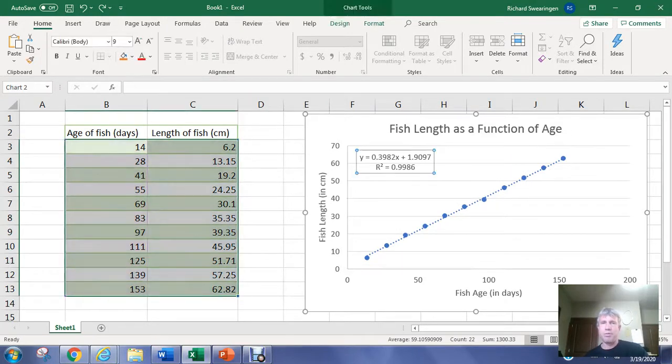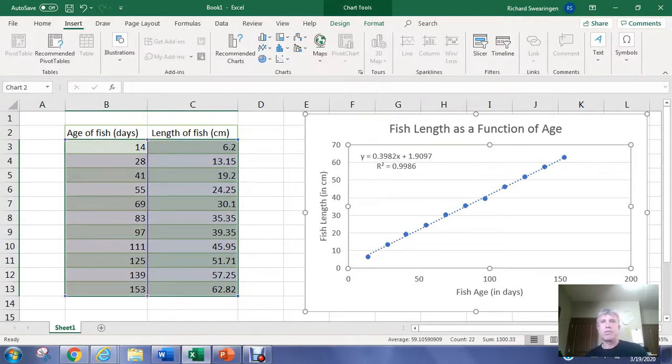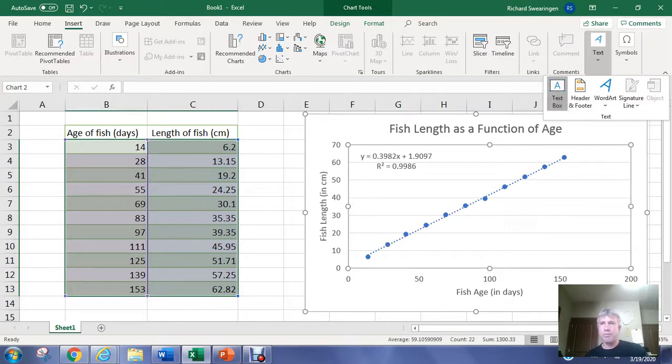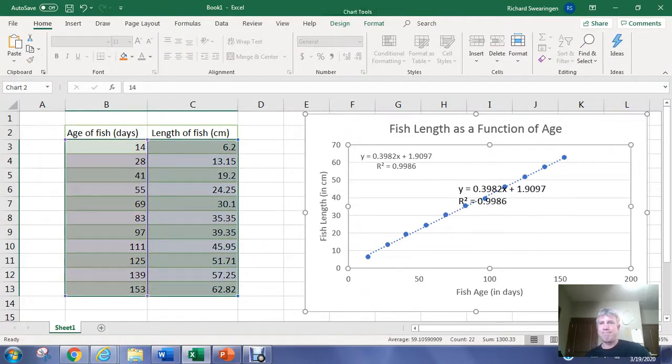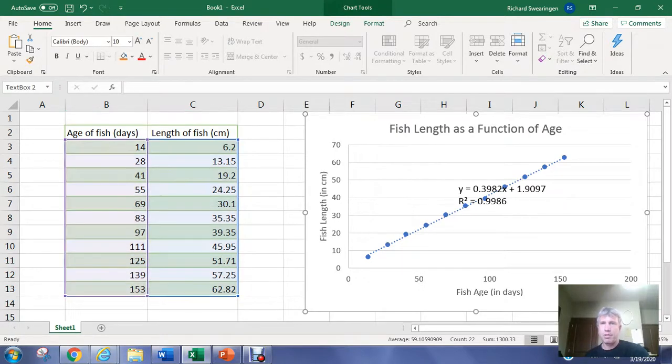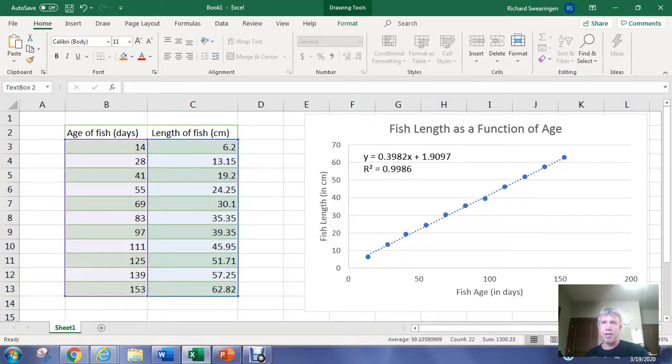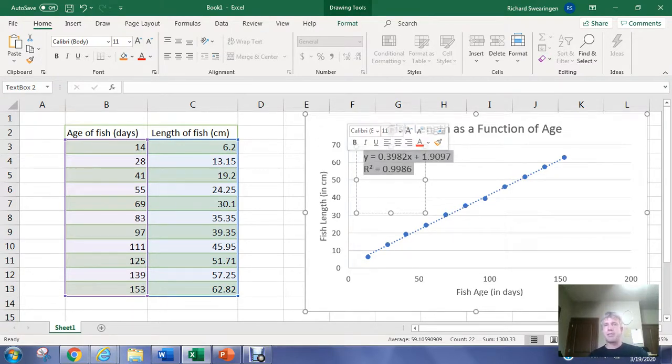Get rid of you, highlight, Control C to copy, insert text box, Control V to paste, and then I want to delete the original box. I'm going to drag this text box into some place on the screen where it's going to display nicely. Highlight the 2 rows, and now push and hold Alt, and push and hold the equal